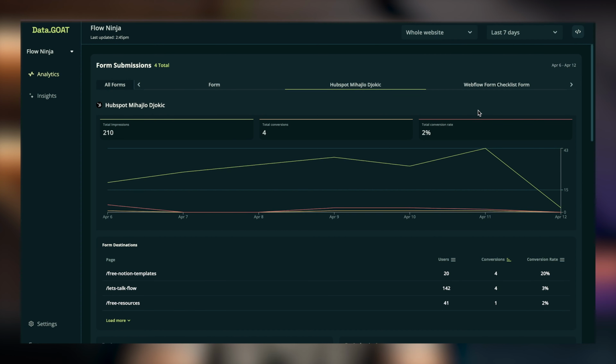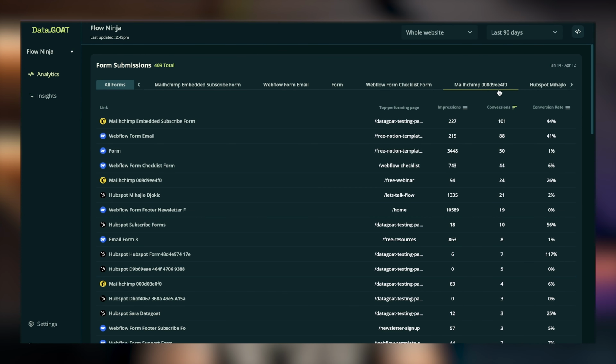You can see how this performs over the last 7 days. You can see how it performs over the last 90 days, and you can change all the data, see all of the forms you have on the website, and dig a lot deeper into your website and understand